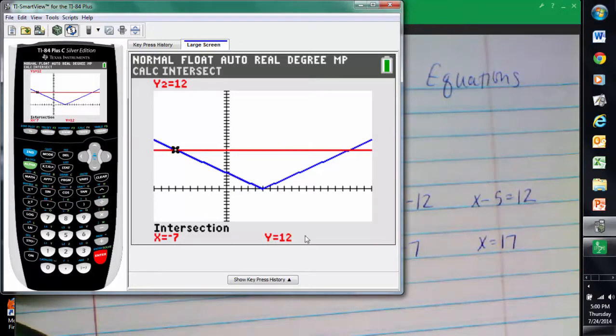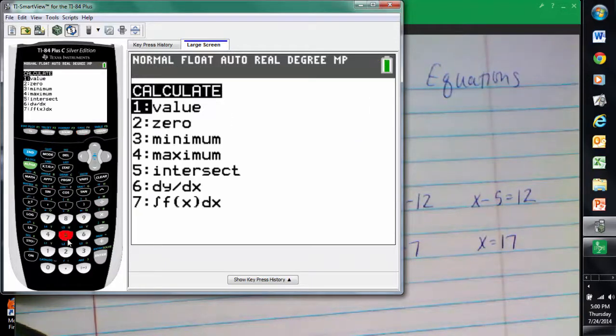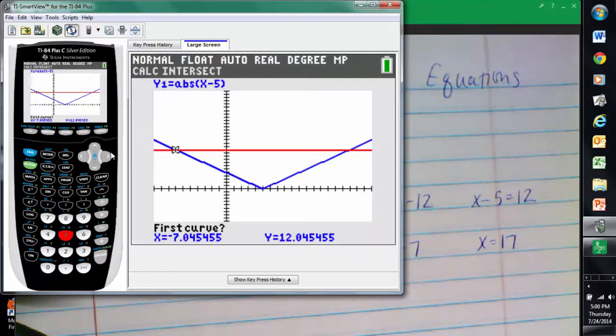So when I figure out what this point of intersection is, the y value here is also going to be 12. Also remember, this red line represents y equals 12. It's a horizontal line, and every single y value on this line is 12. So I'm going to go second, calc, intersect again. This is just a reminder of how to solve on a graphing calculator. I'm going to arrow over closer to the other intersection. I do not have to be on it, I just have to be closer to it. Tell the calculator, find me the intersection that's closer to my cursor. So I push enter, get to the second curve, push enter again, and then enter again. And the intersection here is